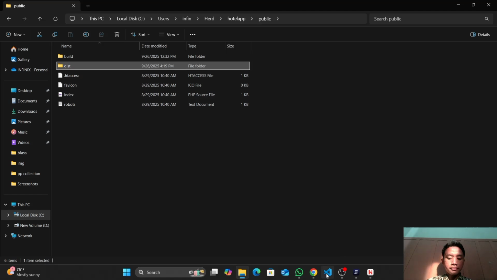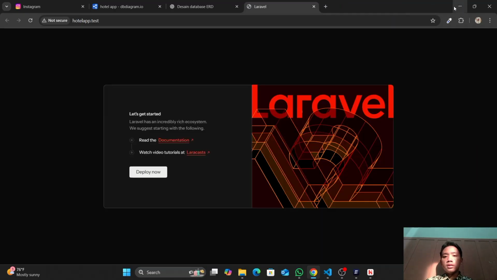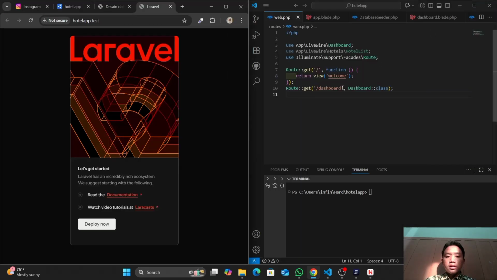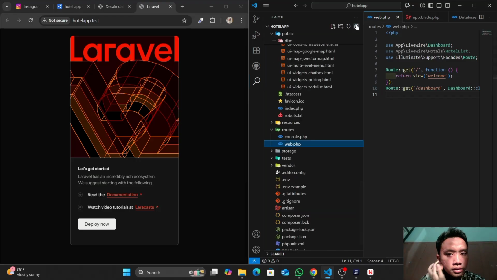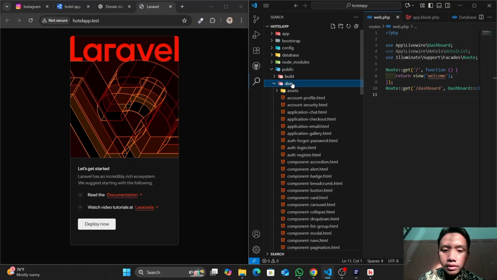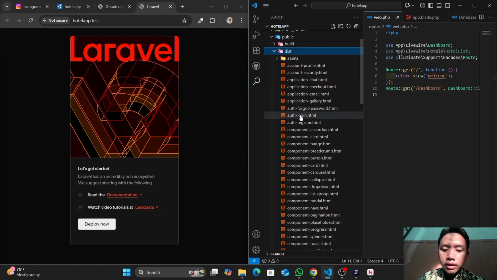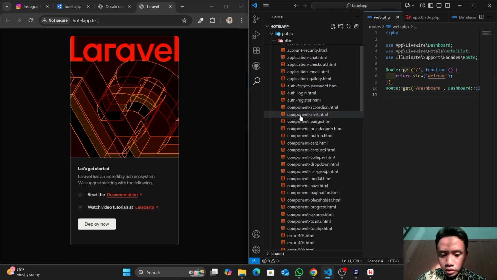You have a lot of HTML in this, so you can copy it and paste it in my project, hotel apps. Okay, this.